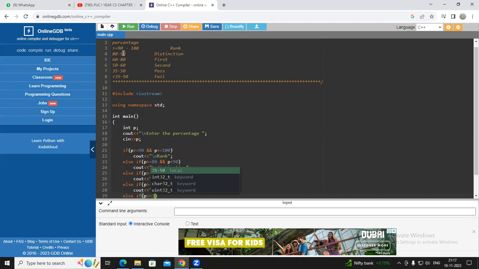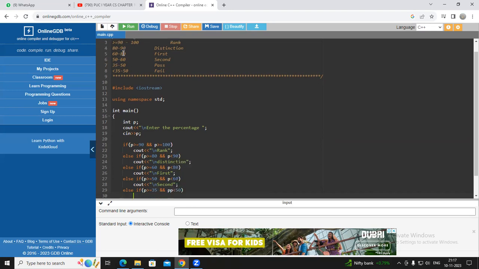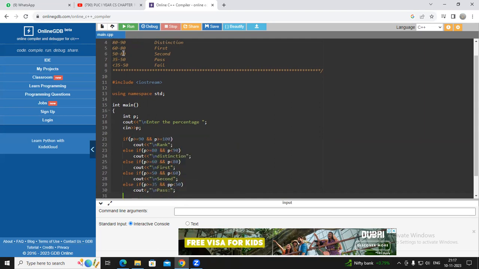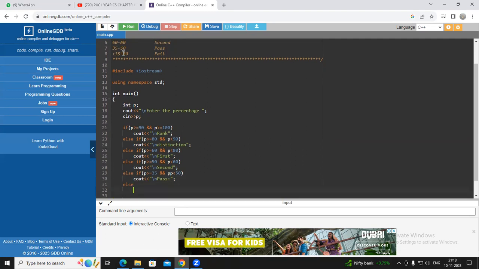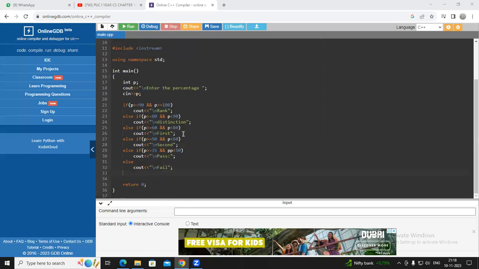If p is greater than or equal to 35 and if p is less than 50, cout, it is pass. Otherwise, cout, fail. Okay. And now